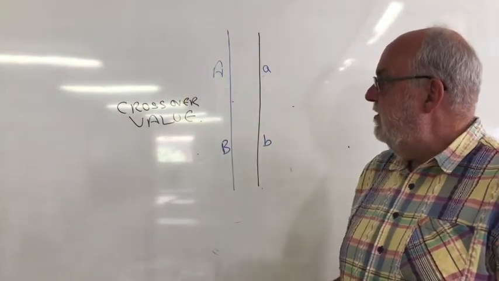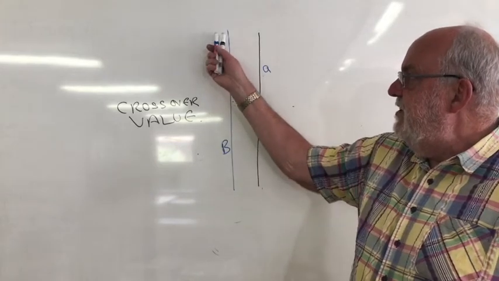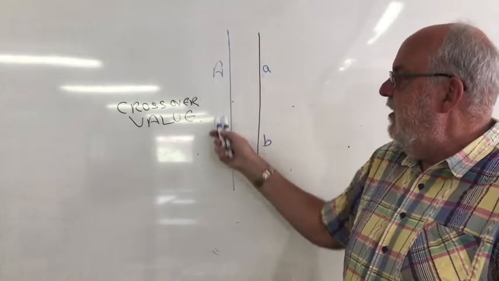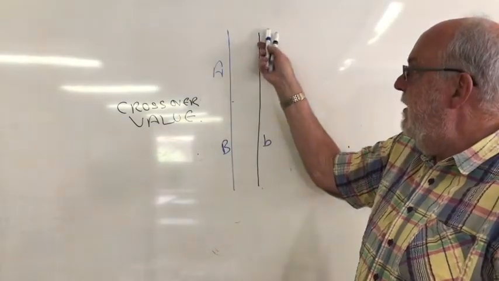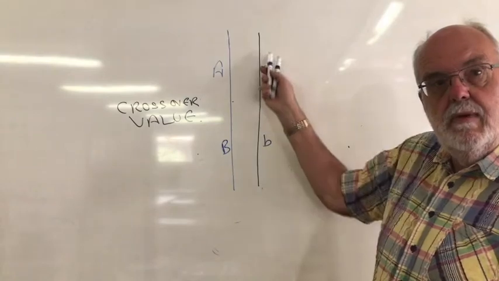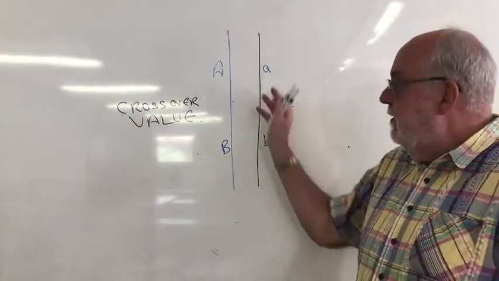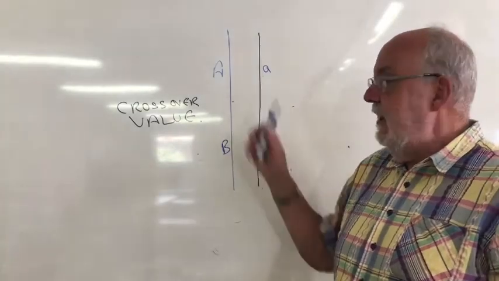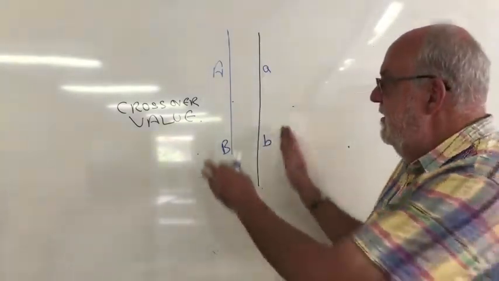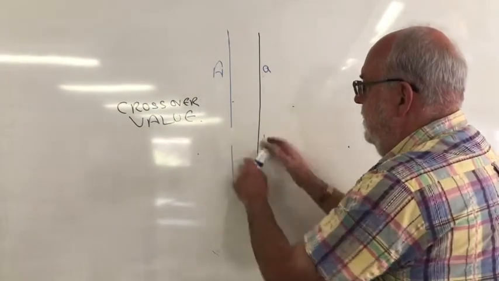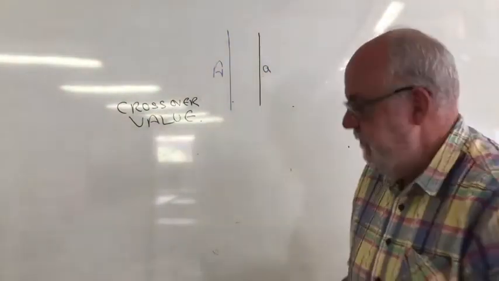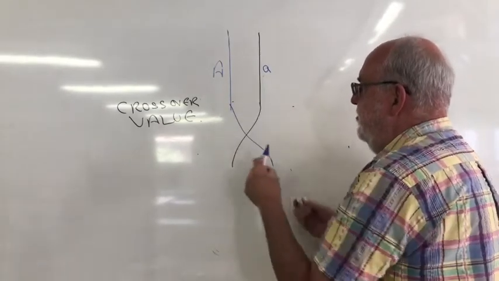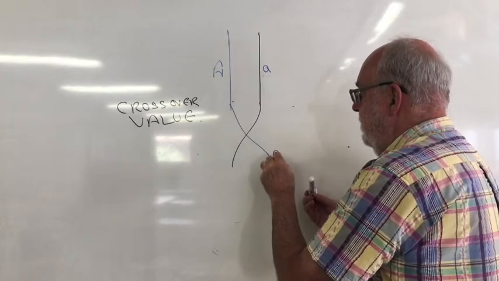This is one of the ways that obviously, if this is the way that the alleles were inherited from your father, and this is the way that the alleles were inherited from your mother, here is your homologous chromosome pair. When this cell undergoes meiosis, if crossing over happens, and you exchange the alleles,